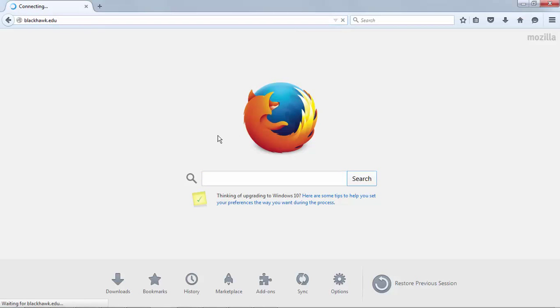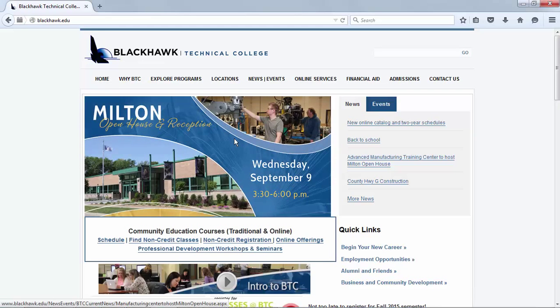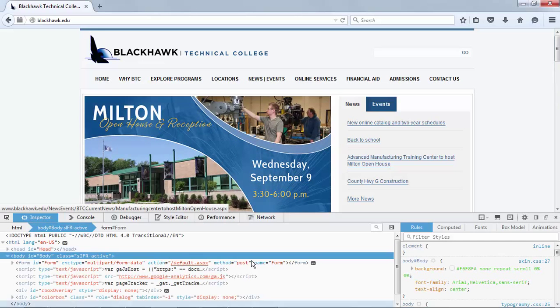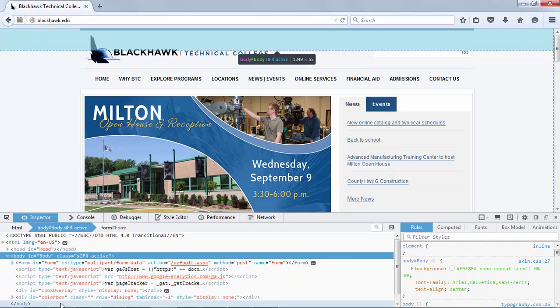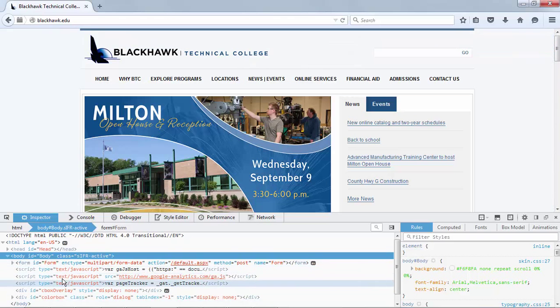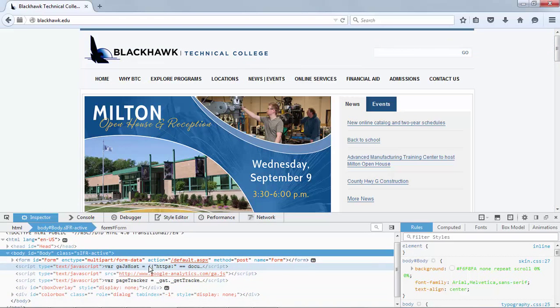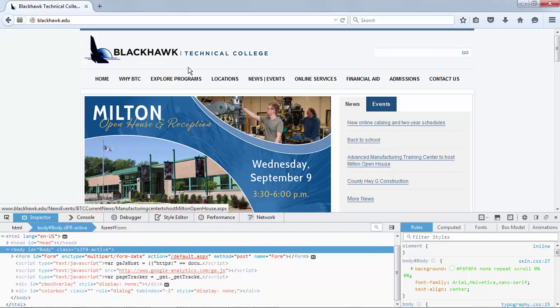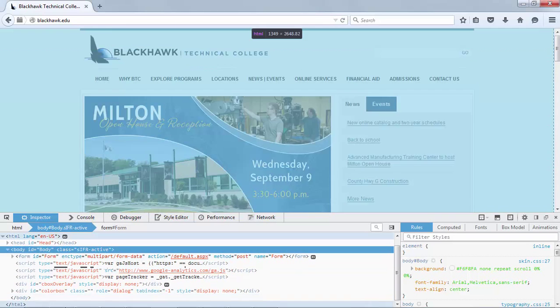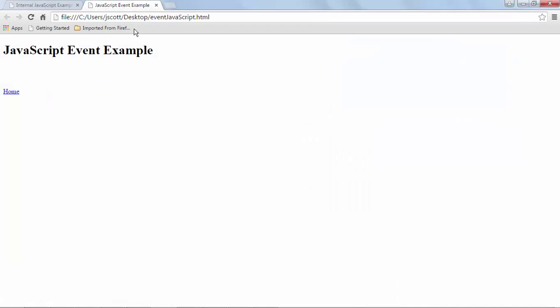All right, I'm in Firefox right now, and if I hit F12, it breaks my screen into two, and what it's showing down here is basically all of the components that make this right here. And if I don't want to do it there, I can also do it inside of